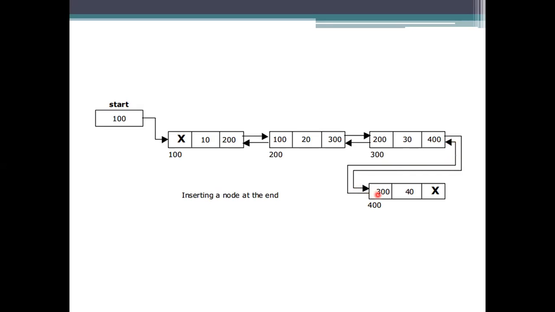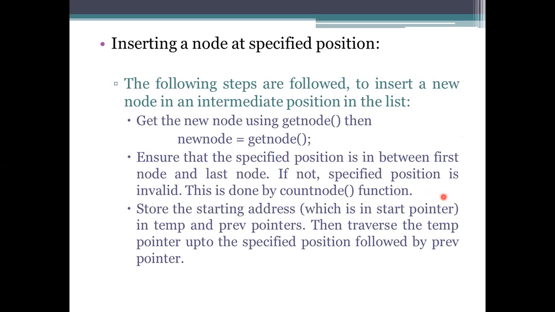The address of this new node has to be specified at the right side of the previous end node. And coming to the next one, the left side of this new node has to be updated with the value of this one. And then mention a null here, because it's the end of this representation. If you are adding a node in between, or at any particular position, you may run the count node function also.